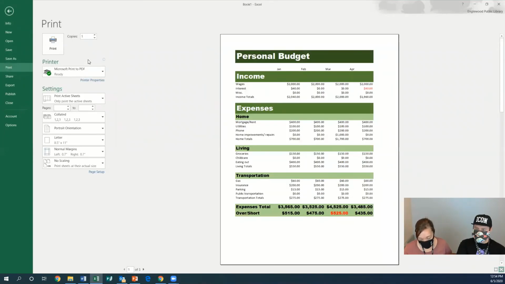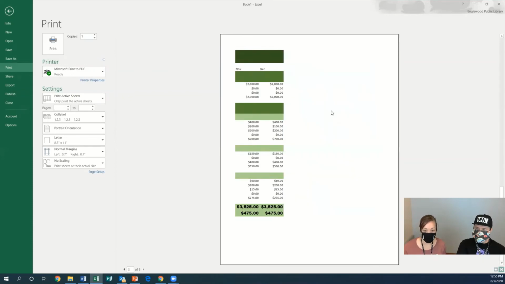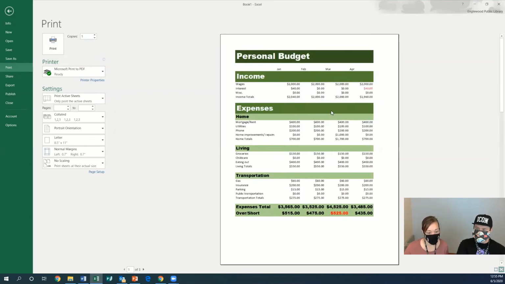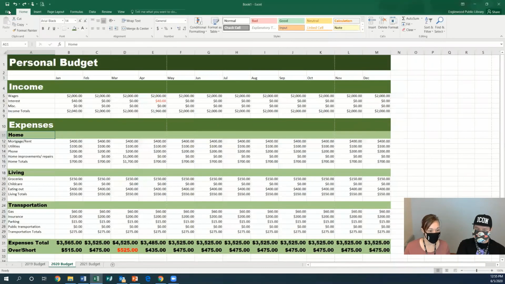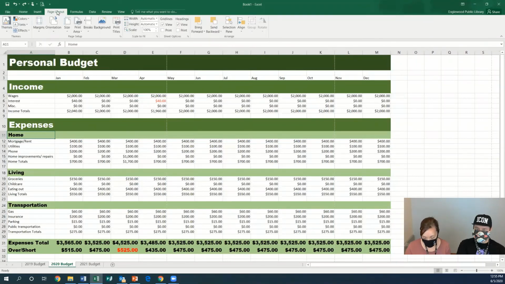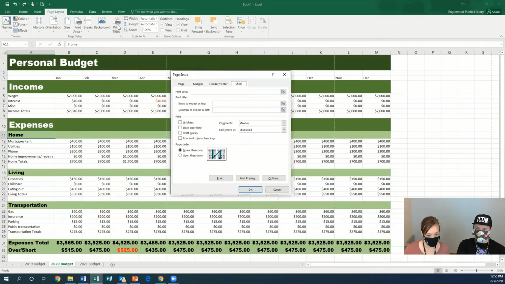Now you're going to notice that the worksheet doesn't fit all in one page. It's over by a bit. So you're going to go to the page layout tab. So we're going to go back to our home base screen there, and then our page layout tab up at the top. And we are going to click on the print titles in the page setup grouping. All right, now page